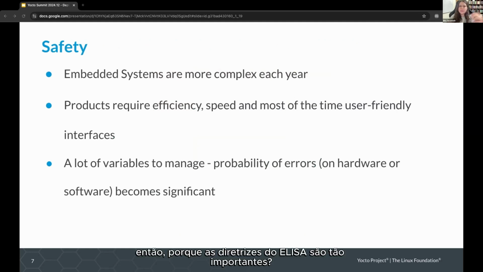So why are ELISA's directives so important? First, embedded systems are more complex each year, and industry requires solutions that are faster, more efficient, and most of the time user-friendly. With so many variables to manage, the probability of errors, whether in hardware or software, becomes more significant. We need to be able to anticipate those potential errors, or at least fortify our systems to minimize them. One case we observed in our everyday work is an example where the safety guidelines would be